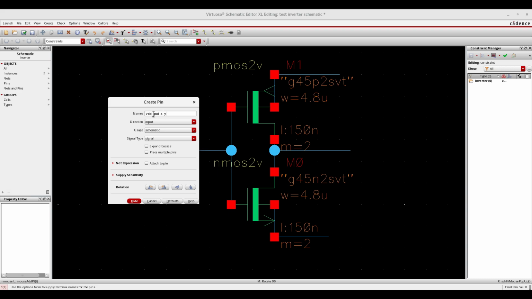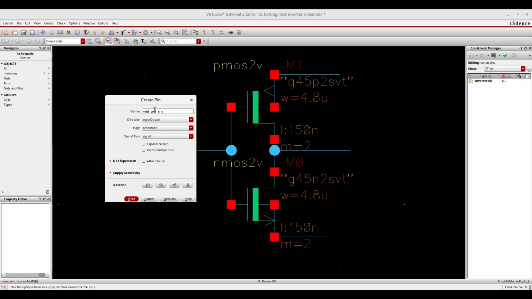Between all these pin names you need to give some spacing, okay. So VDD, next to that VDD I have given some space, then I have typed GND. Then again next to the GND I have given a single space, then I typed A, then I typed Y. Then you need to choose what kind of signal types there are. Whether it's an input signal, output signal, switch, jumper, tri-state, unused, let it be anything, okay. Depending upon your design you need to choose this. I am just clicking input and output. Where I am going to use this, I am going to use in a schematic, and the type of signal is power, let it be power, okay.